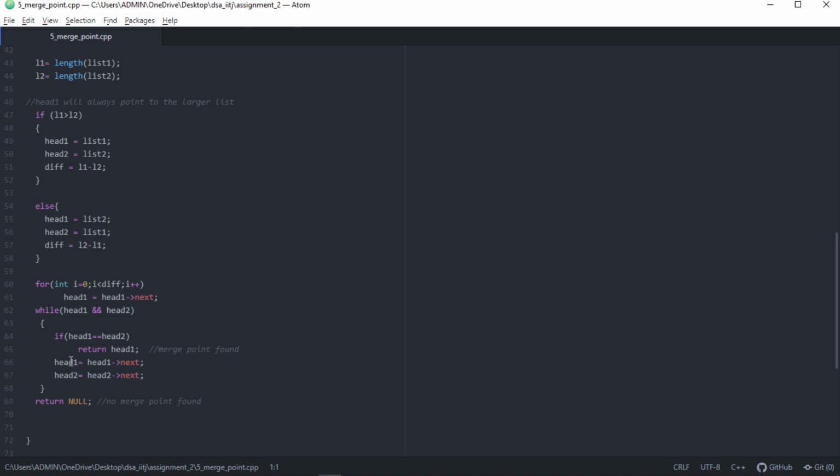If not, we'll again move forward by one step, that is, head 1 and head 2 each move by one step. When both linked lists have ended and we have not found any merge point, it means there is no merge point between the two linked lists, so we'll return null.